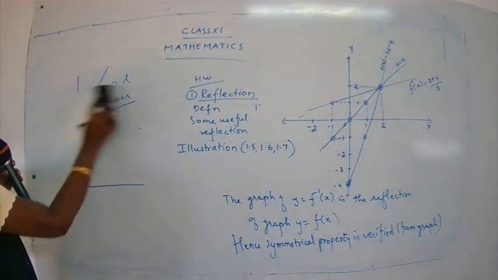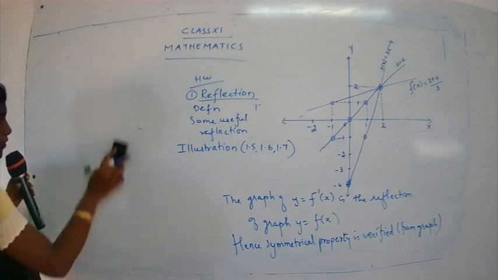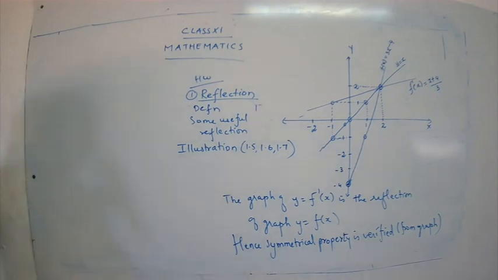We are not going to go for the writing part now, because the main important thing is to understand the concept. Once the concept is clear, we can complete our exercise 1.4 in a quick manner. Otherwise you will have a lot of confusion about why we are drawing the graph like this, because we are not going to plot the points. We are going to plot the graph directly. We are just going to do the transformations and shift the graph. So you have to be clear with the concepts.